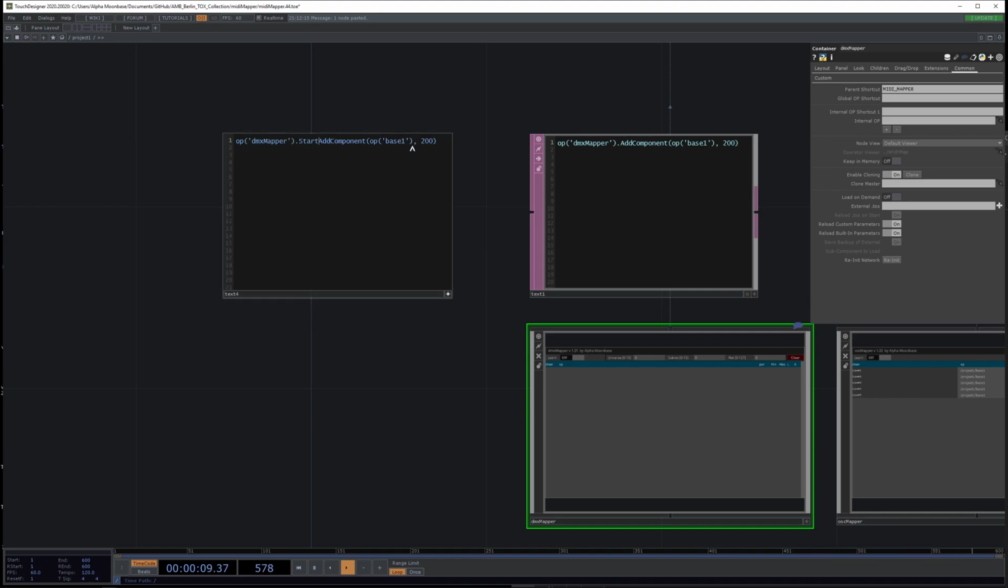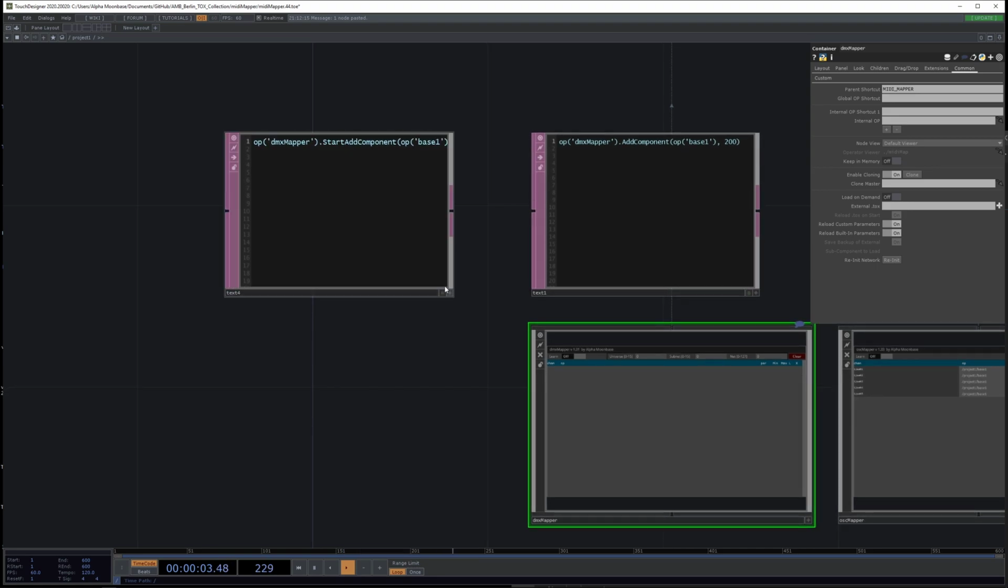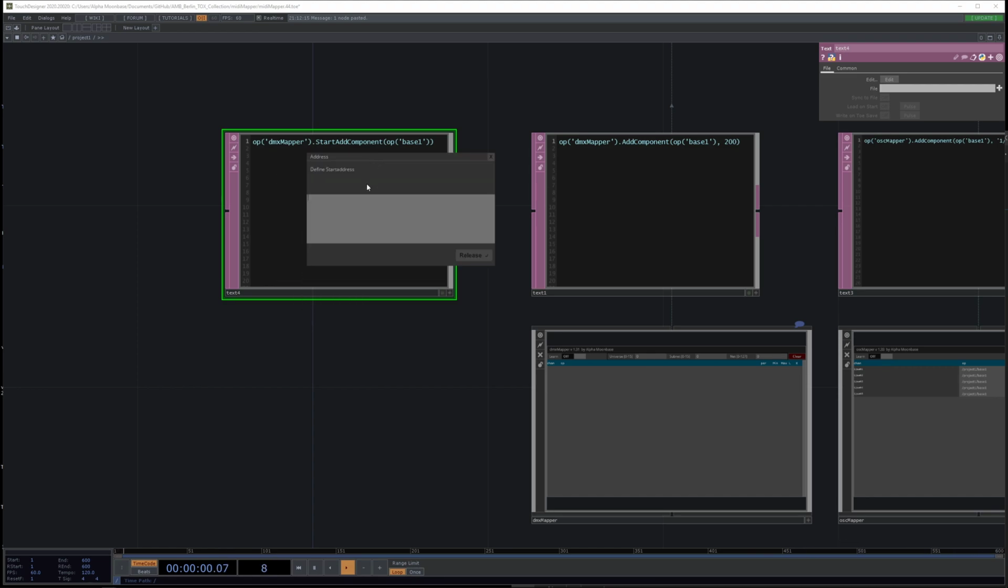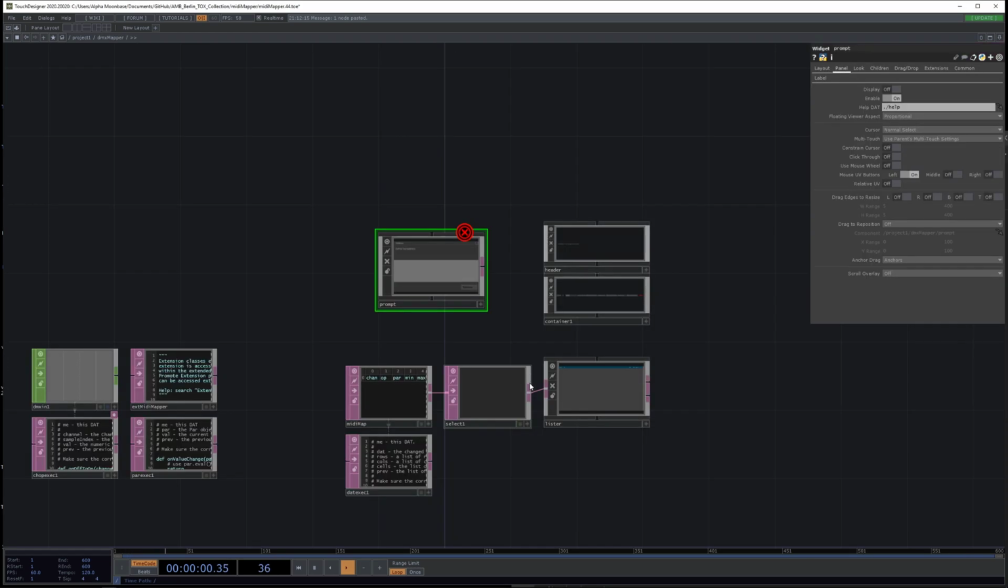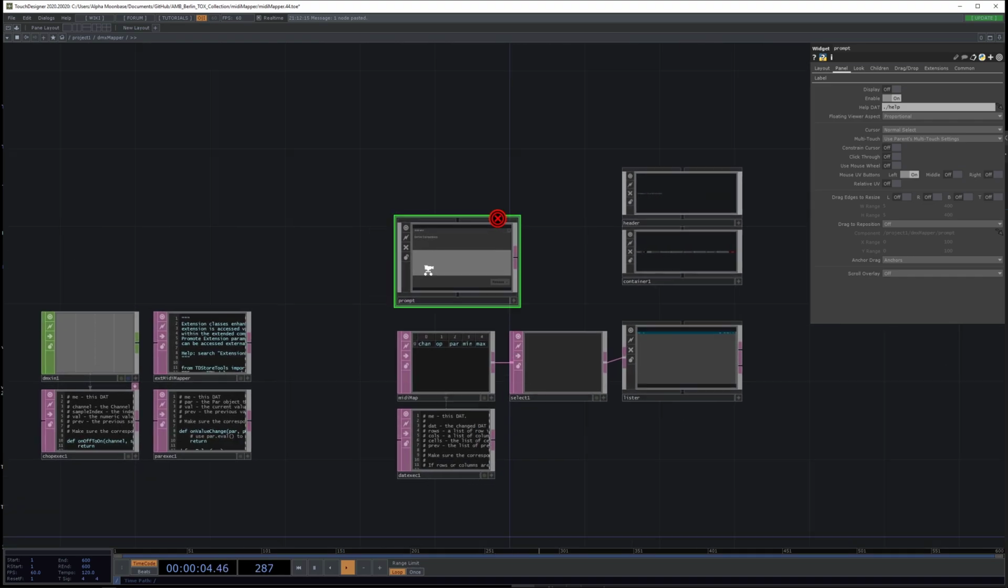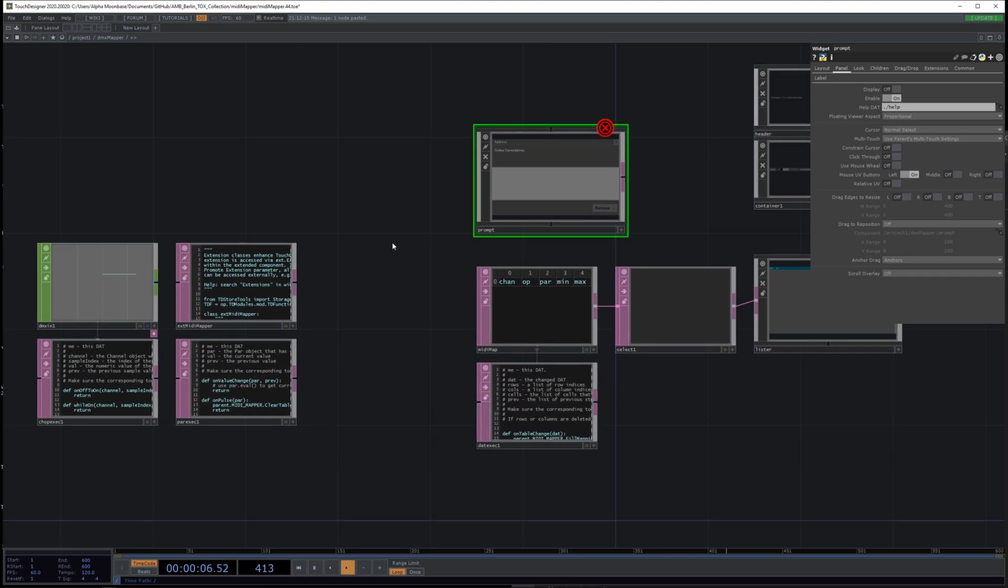Start add component, and we just want the base one. So now we have this little prompt where it's asked me to define a start address. Nothing's happening when we press this, which is of course. And what we're going to do is